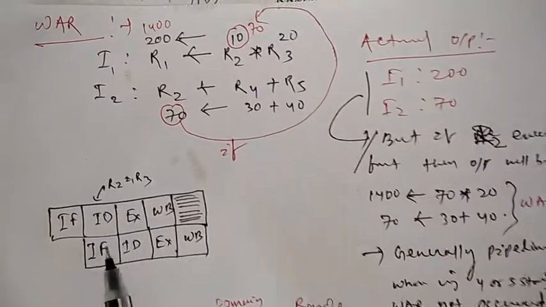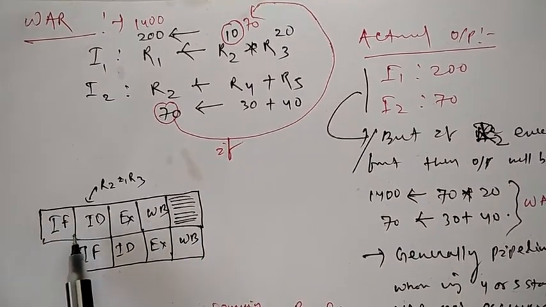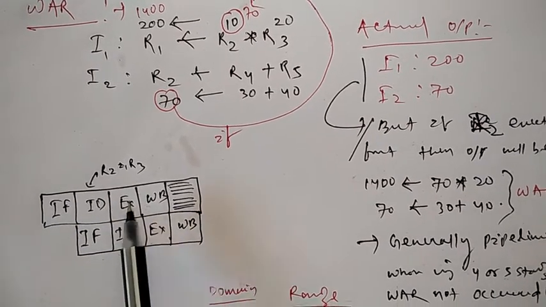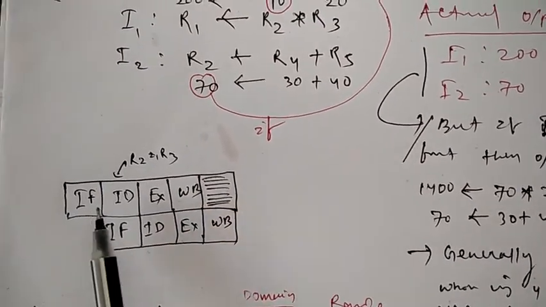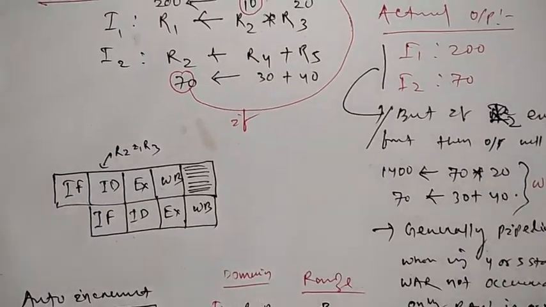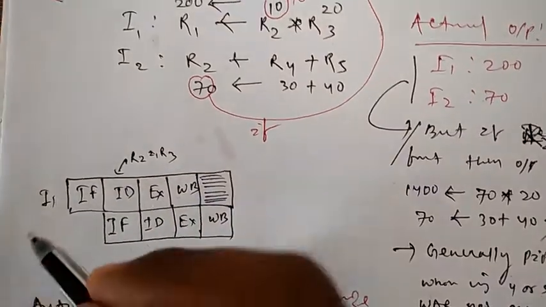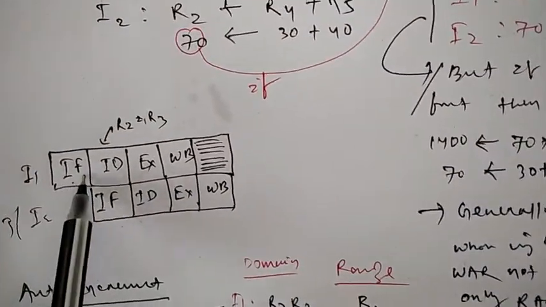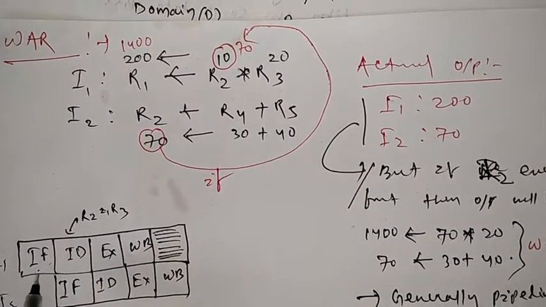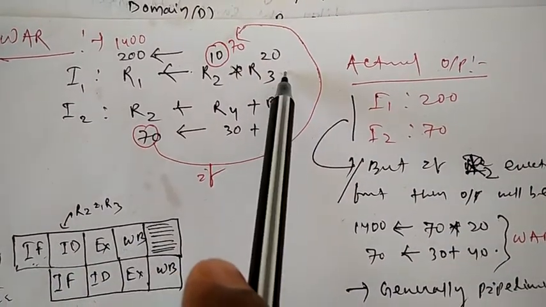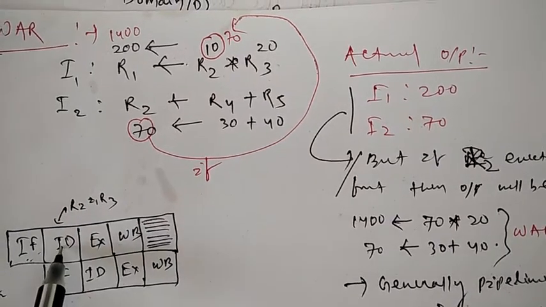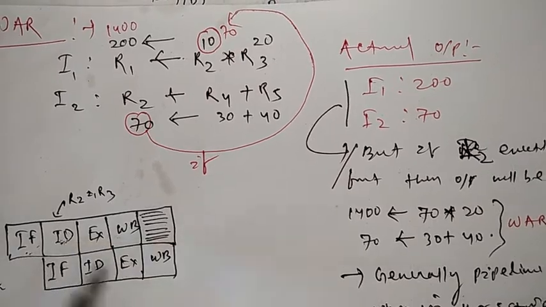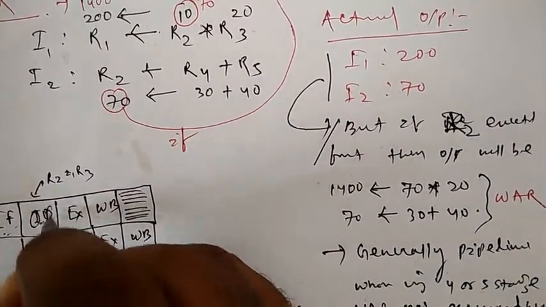So look at this space-time diagram. Suppose there are 4 stages: instruction fetch, instruction decode, instruction execution, and write back to memory. When instruction 1, or instruction I, and this is I2, or you can say J, when instruction I is loaded, first the instruction fetch happens. Then decode happens, or the operand fetch, OF, means the operand values will be fetched.